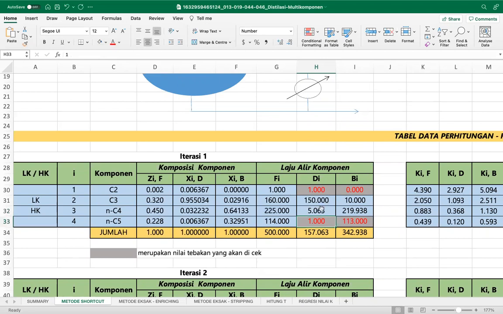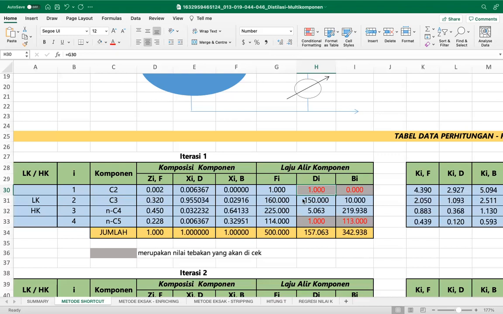So this is the one that we know about the feed, and the one that we know from the distillate. We know 150 from the C3. We also know NC4 in the distillate, also based on the problem. But we don't know how much C2 goes to the distillate. So the red one is the assumption. We assume, for example,